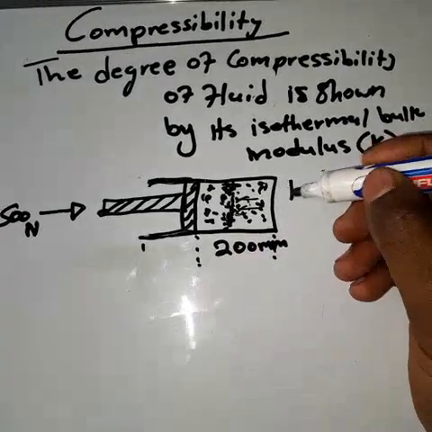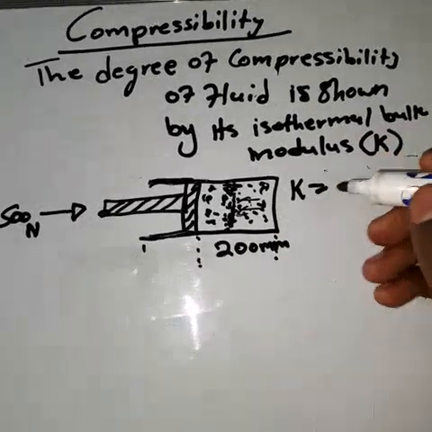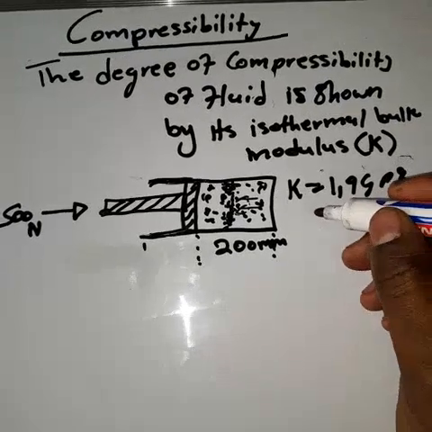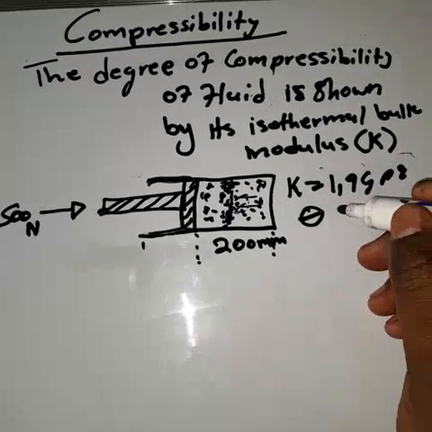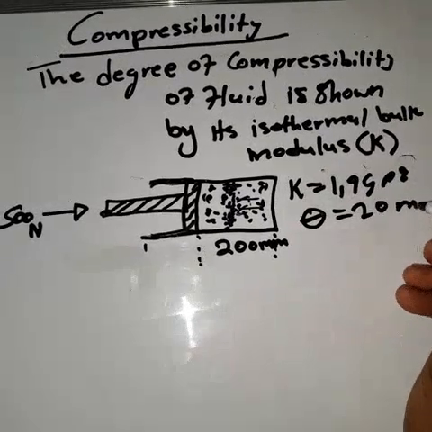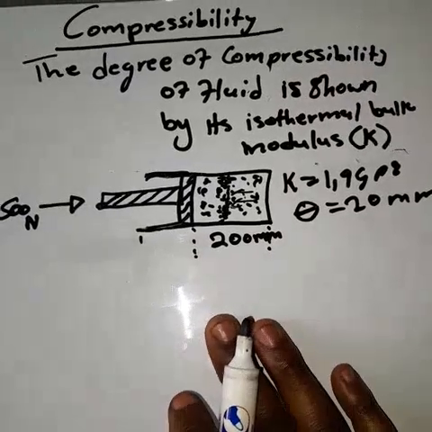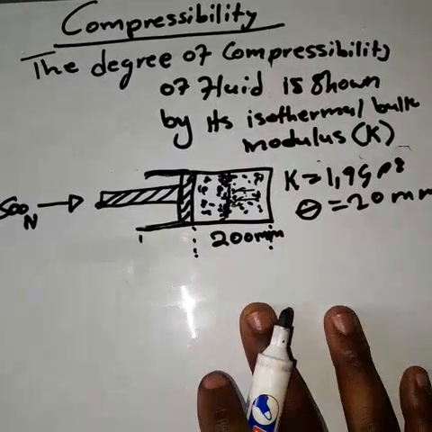Maybe I have K, which is maybe 1.9 gigapascal. Maybe I have a diameter here, we can say is 20 millimeter. You see, so the question can say calculate